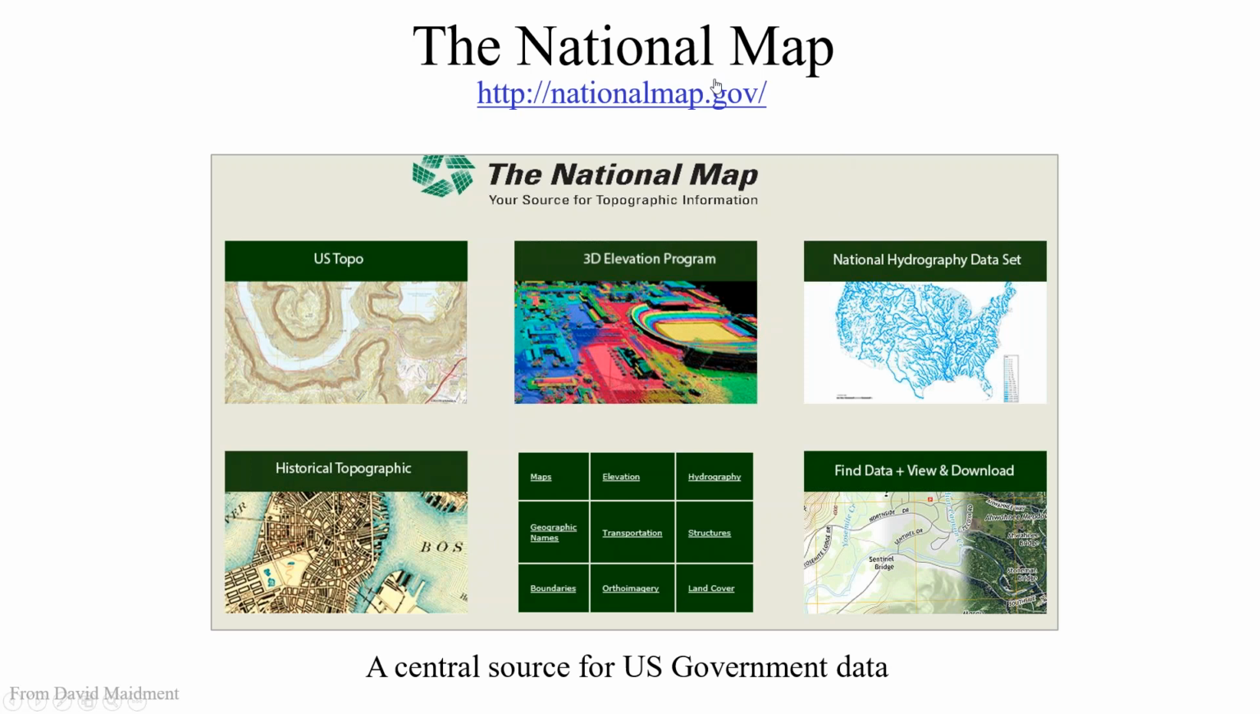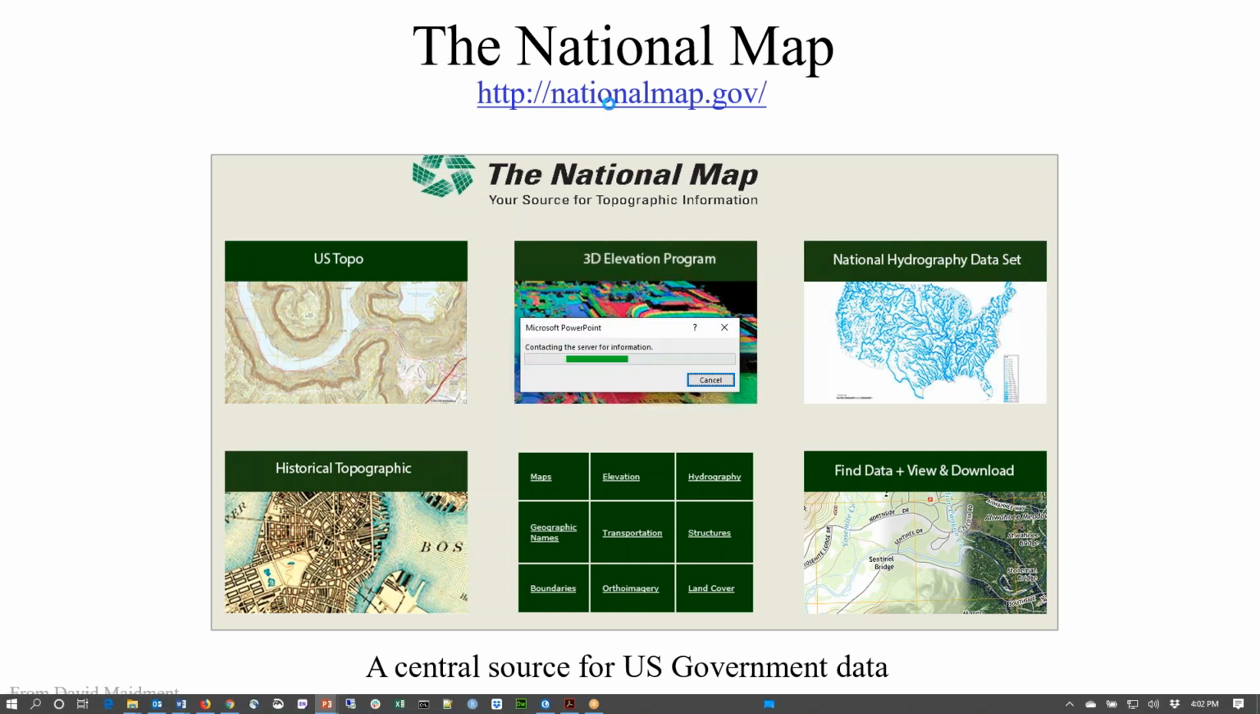So The National Map is this website that's effectively a central source for much US government data. It integrates together things like the National Hydrography Dataset, all of the information that's known about the rivers and streams in the country, and the 3D Elevation Program that gives you the surface, the topo maps. It also has some historic information, and it allows you to find, view, and download data. So I could click on that link,